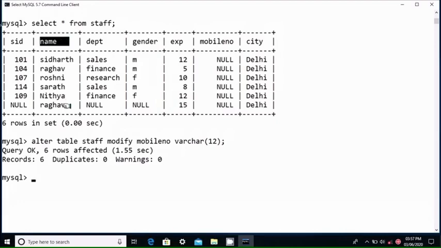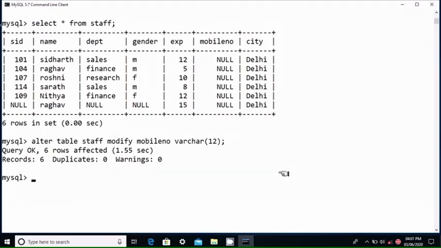Now we can check our name column. Having varchar data type, also we have entered some string values in it. Here we will not be able to convert that as a numeric value. That is, you cannot alter the character to a numeric value, but numeric to character is possible.